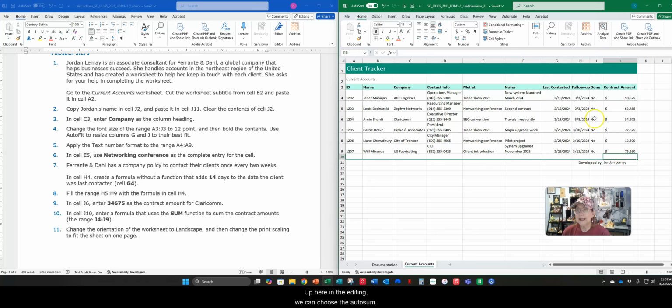Up here in the editing, we can choose the auto sum, which is the E. If we click on this little arrow right here, here are the top 5 functions that are used in Excel. Sum, the average, it'll count how many numbers we're looking at. It'll also do the maximum and the minimum. We just want to do auto sum,